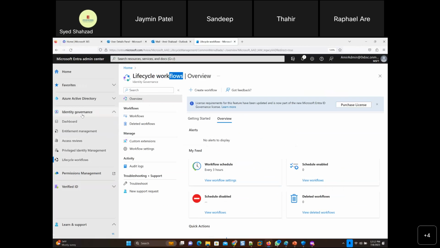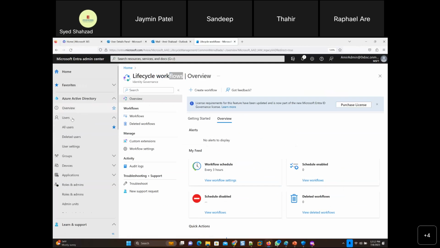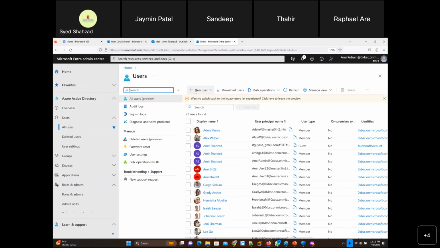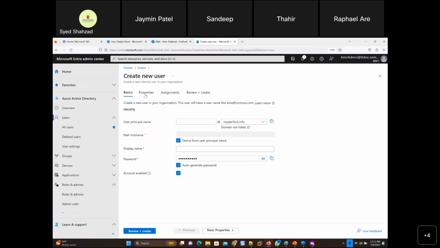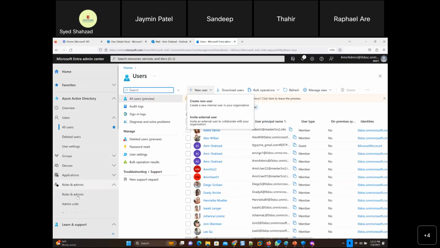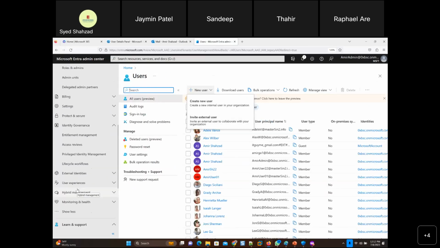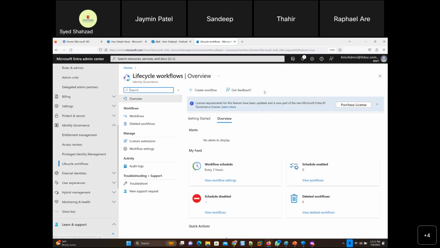Suppose you're going to users, then all users, then clicking a user, creating a new user, and then there are so many clicks. You have to go here, here, here, right? So these are all click, click, click. But what about certain tasks that you can actually automate? You just schedule them to run and do all those clicks and tasks for you at a scheduled time automatically, right?